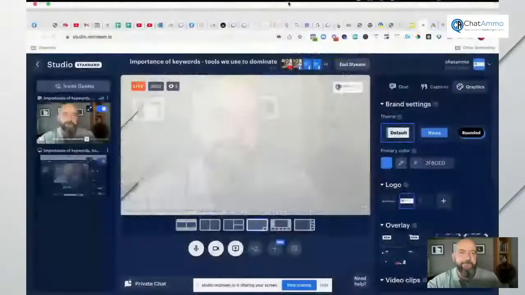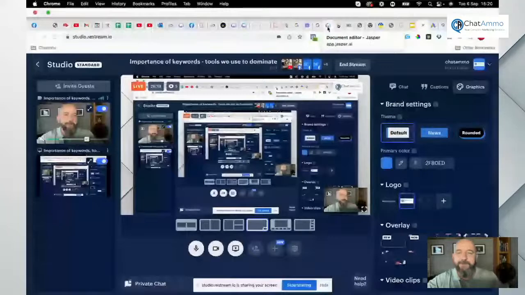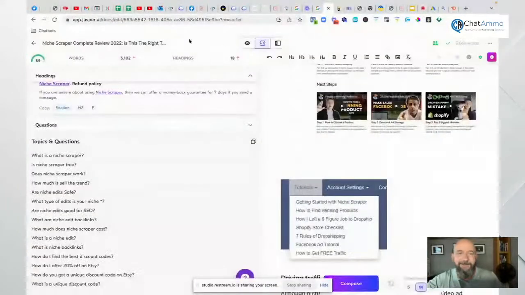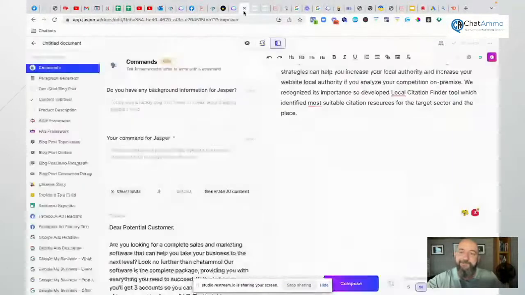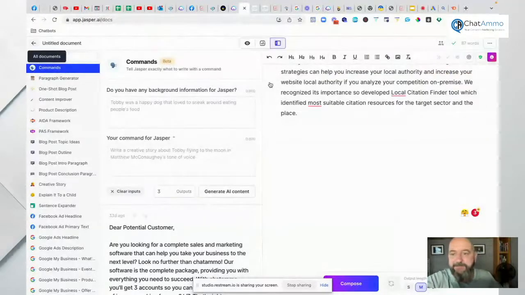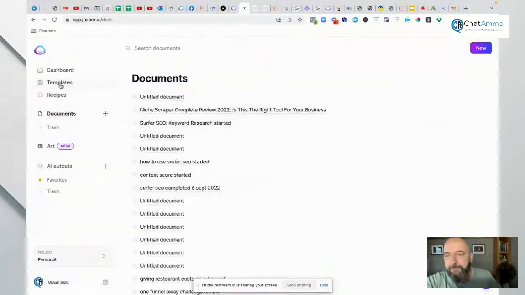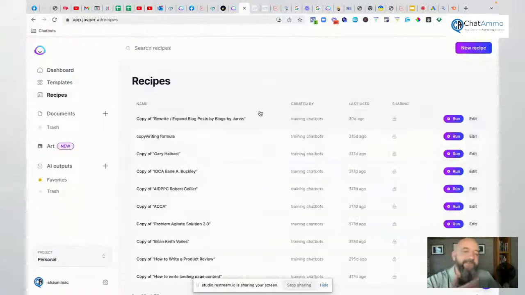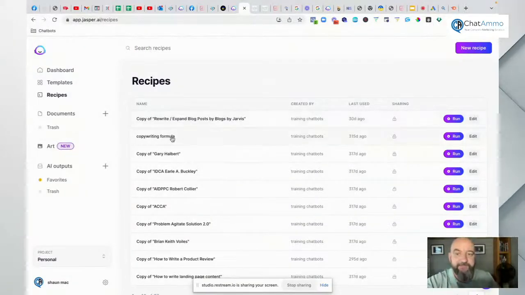Actually, I'll show you quickly inside Jasper because it does have some features that are particularly good if you're into marketing. Just find one I'm not actually using. Not that one, that's what I'm halfway through. Right, so let's just go back to this untitled document. Now, in Jasper, the first thing that you've got is recipes. Now, these are downloadable all over the place, and they just help you do various different things.